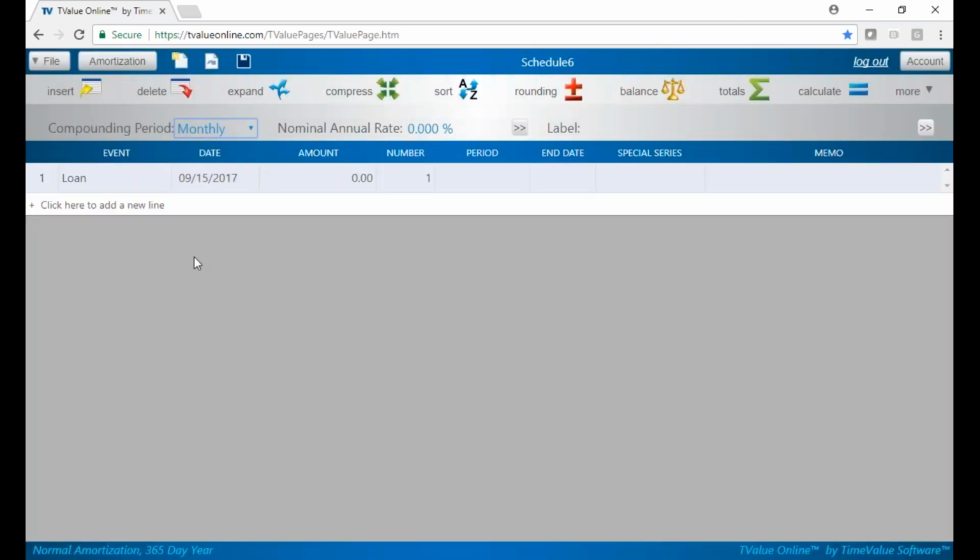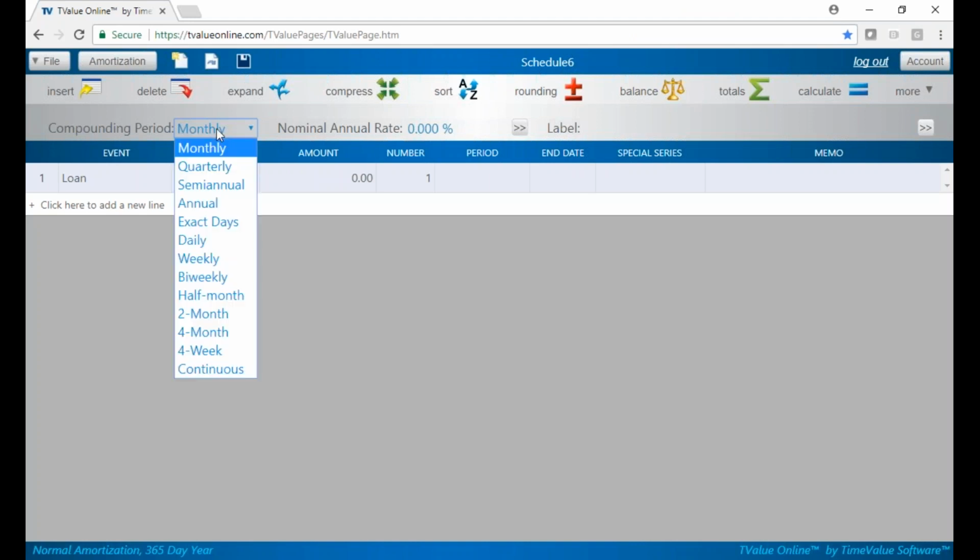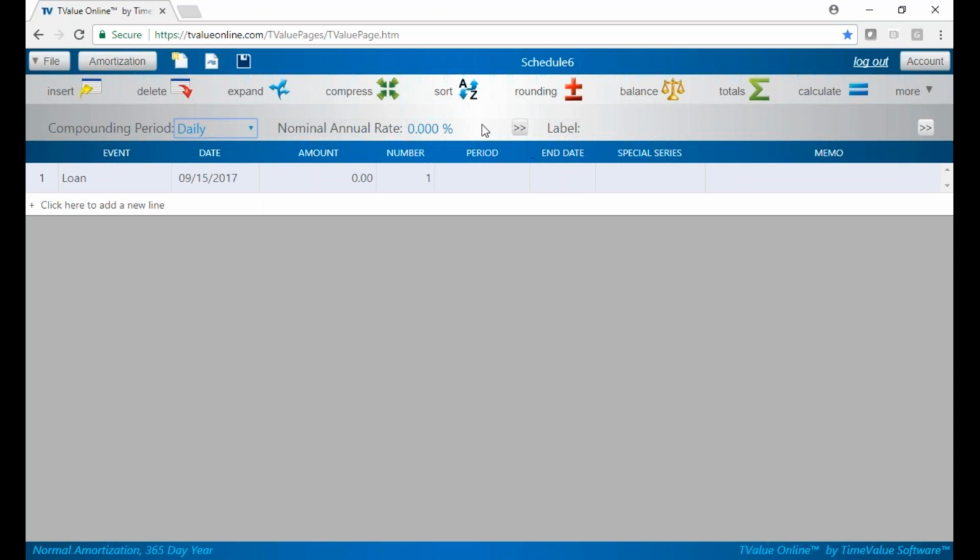So the key to doing internal rate of return is the settings. You're going to set it for daily compounding. You're going to solve for the interest rate, internal rate of return. And I'll go ahead and put